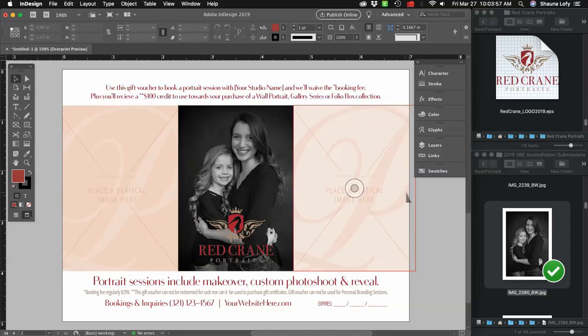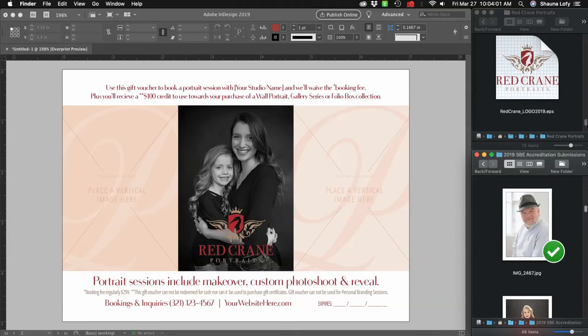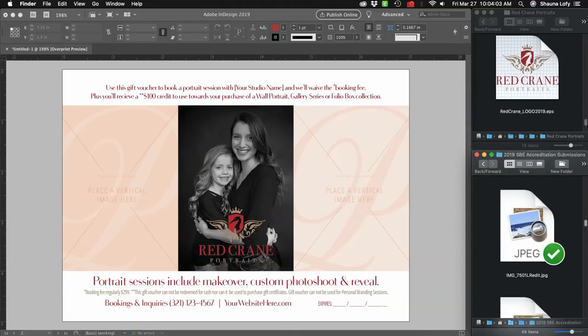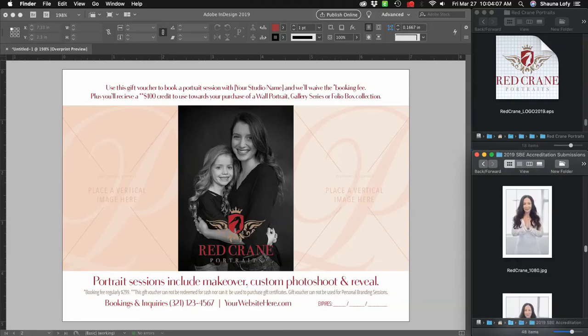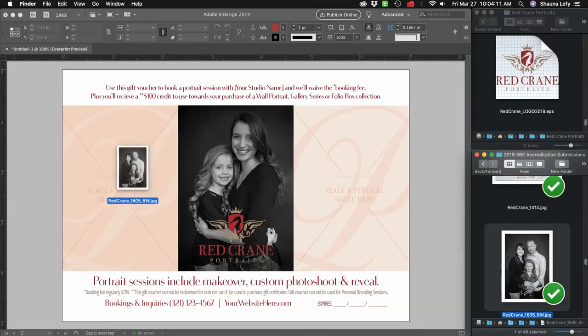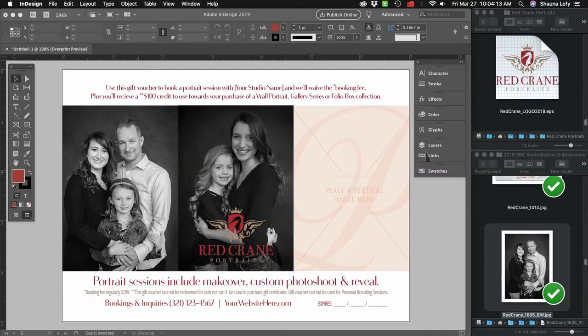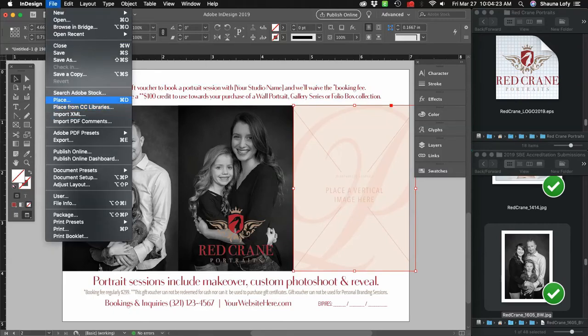So now let's add the rest of our images to this document. I'm going back to the Finder that has my images in here, and I see if I can find some more family pictures. There we go. I'm going to click and drag those over here. The other way that you can add images is by clicking on the graphic frame with your Move tool, going to File, to Place,